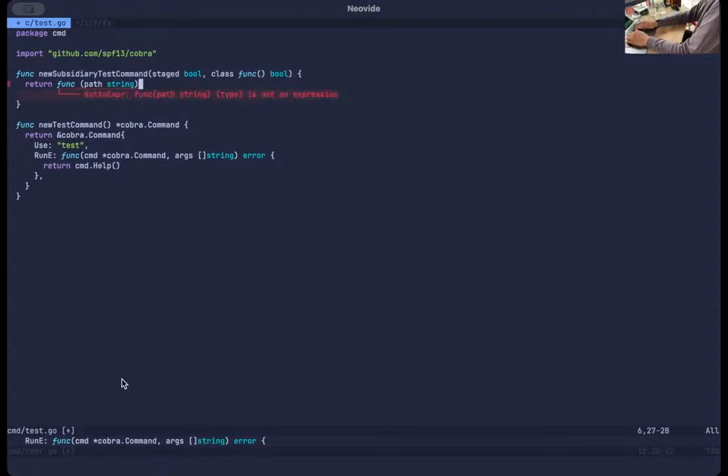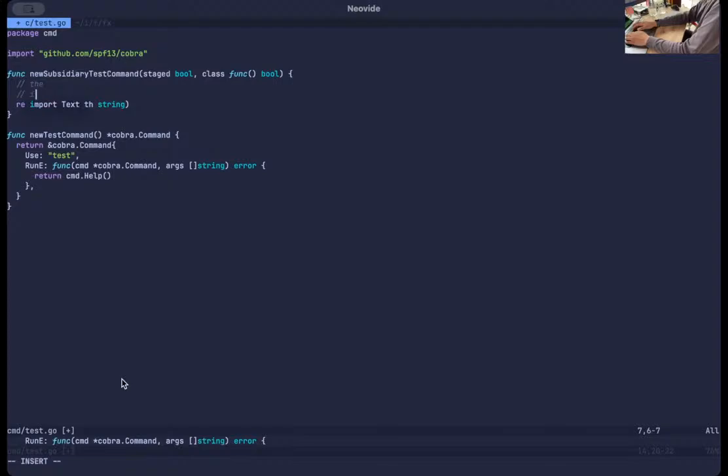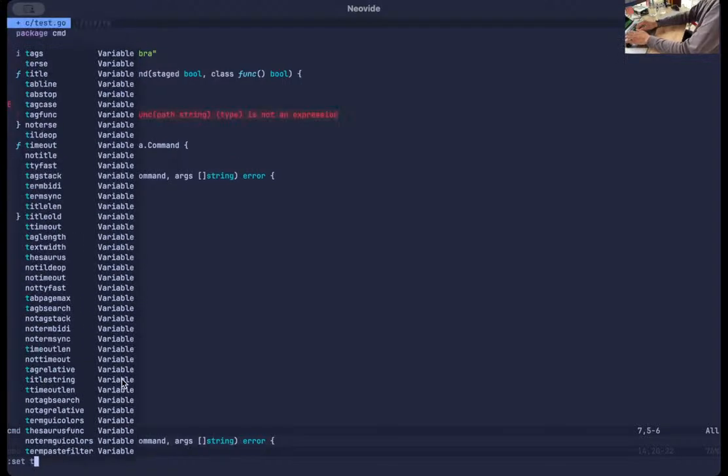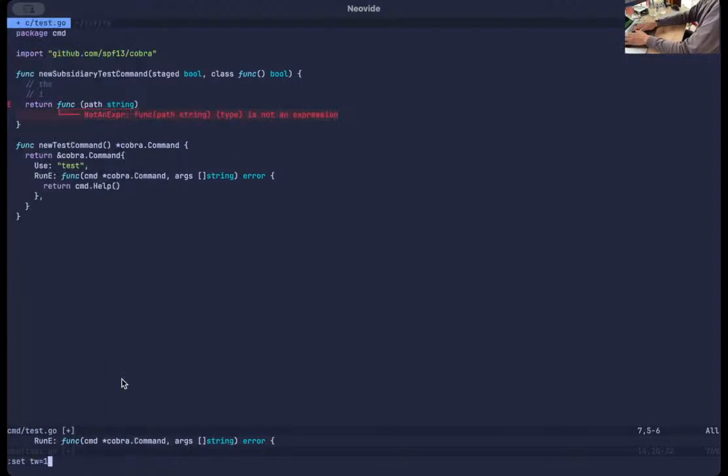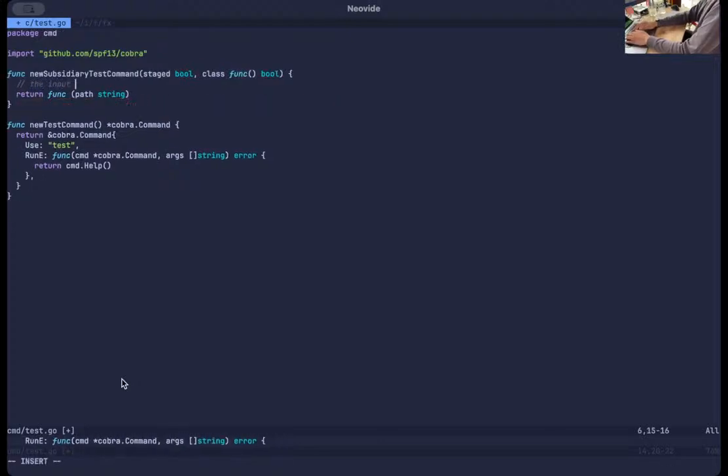So the input, sorry, I'm a bit messy here, will be some path to fetch, from which we actually run git status -s,